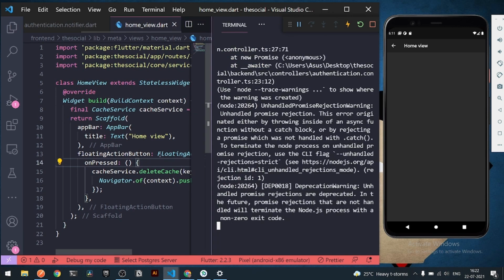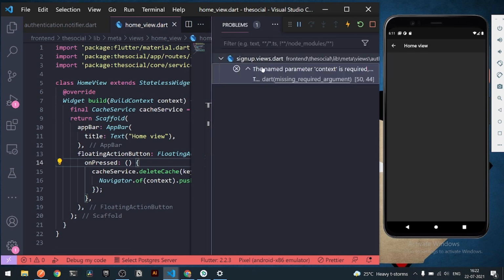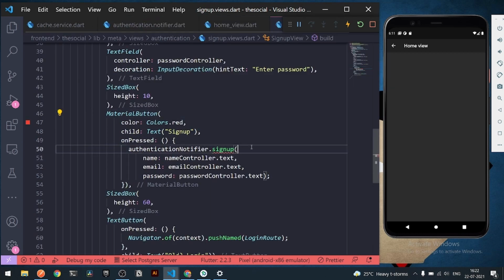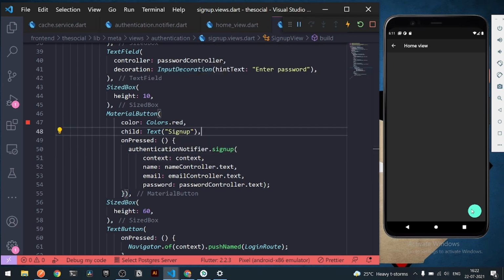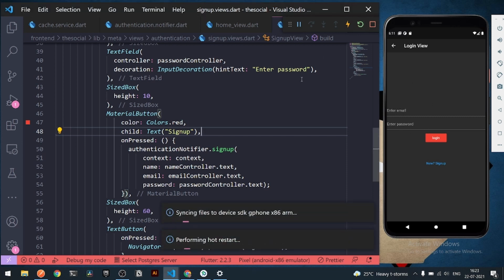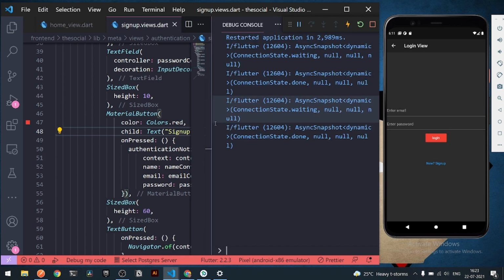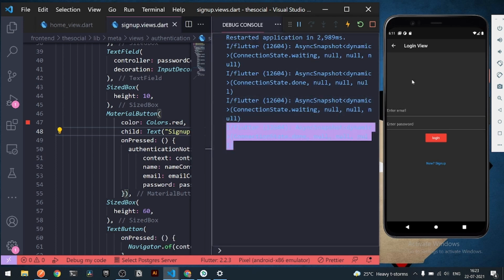Okay, we are having some small error. Let's go to problems, and we need to add a context. So here let's add a context for a context. Alright, so now you can see we are seeing our following button. Let's press it, and we are now navigated to our home screen. If I hot reload my entire application once, you can see the JWT is null, so we are getting navigated to our login screen.